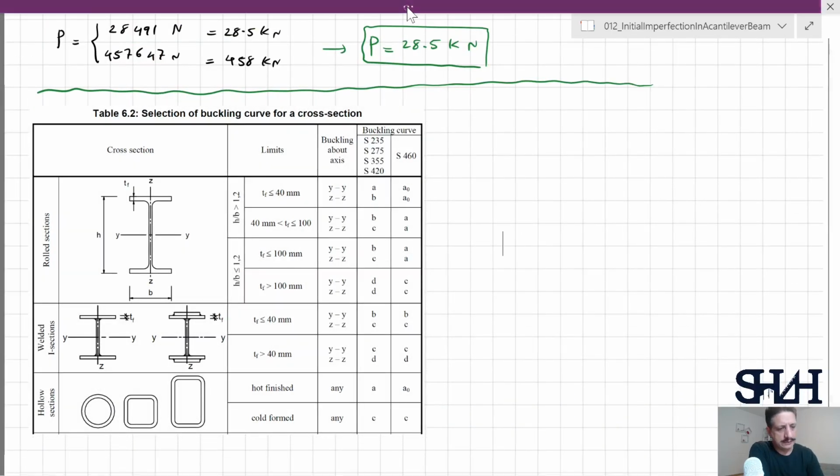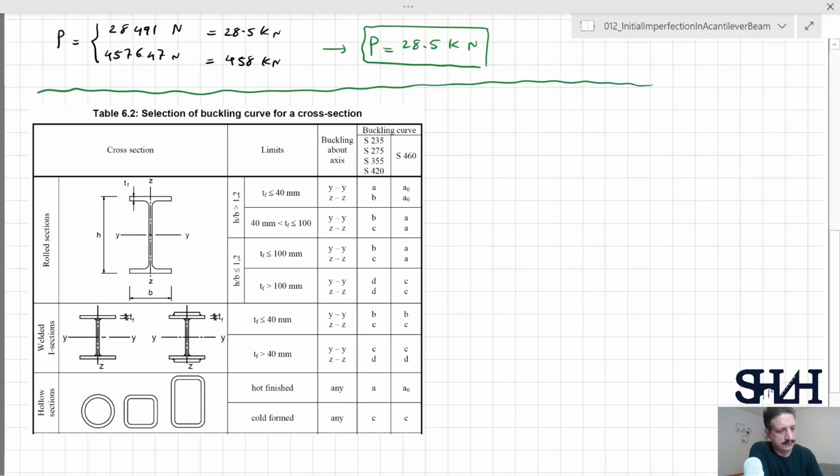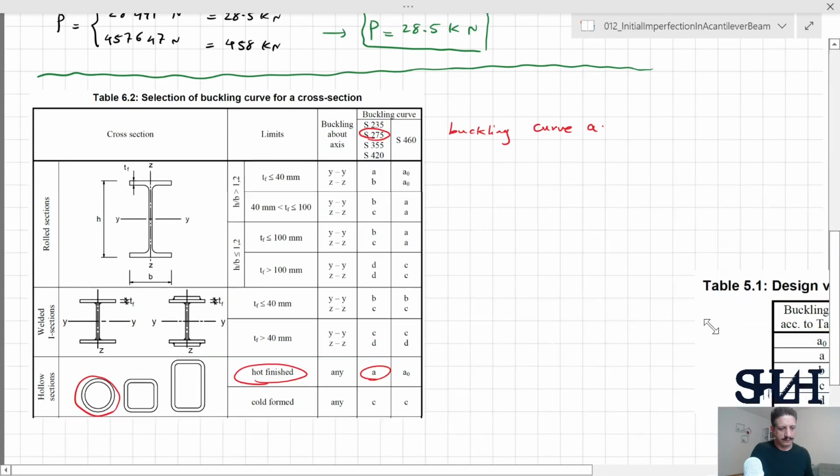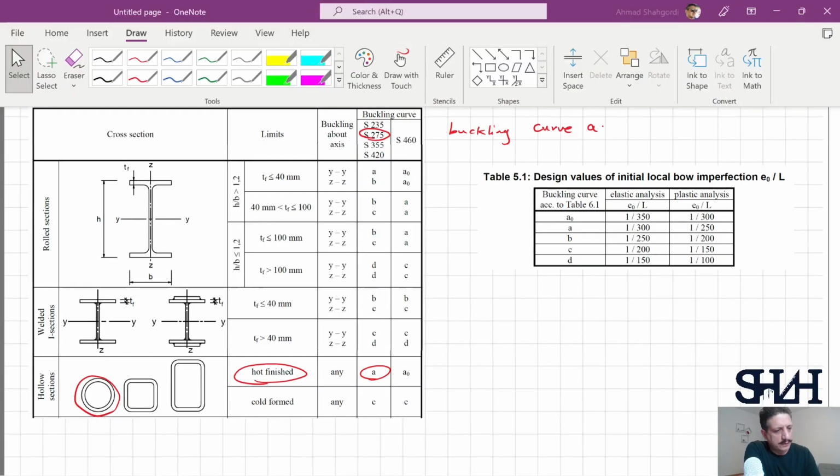So here in this example we used S275 and it's a hollow section, and we used hot finished, so the buckling curve will be A. So buckling curve is A. Now we need to find out what kind of imperfection we need to consider from table 5.1. So for buckling curve A,